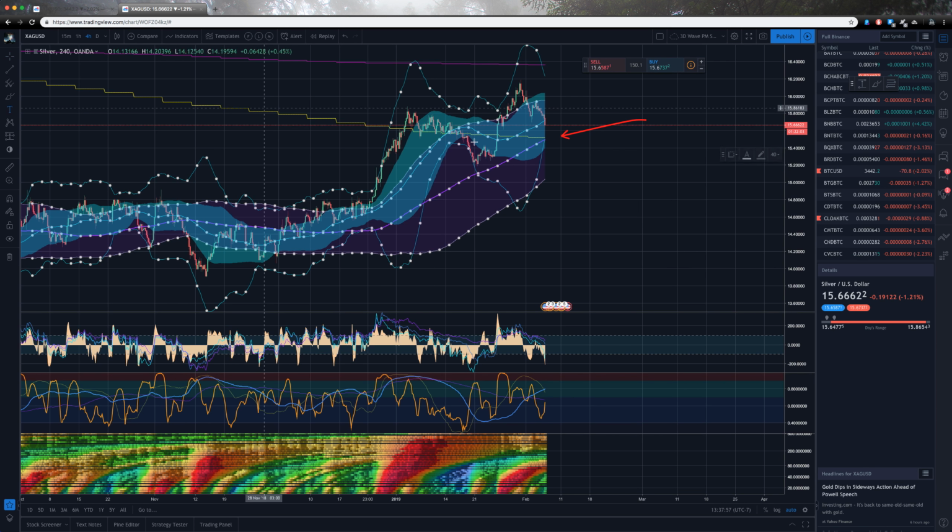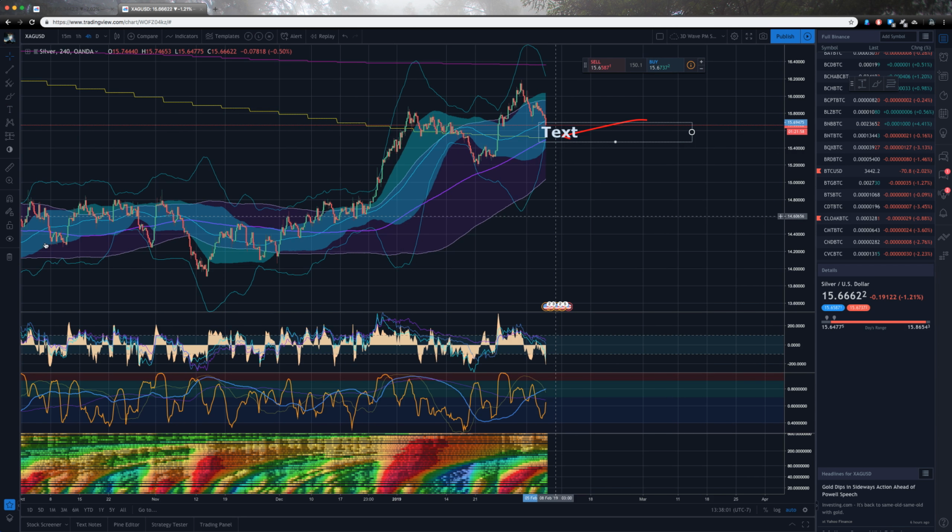Yeah, I think a test of the weekly 50 is very likely, and the defined range would totally allow for it. Right? Because we can trend down to at least the bottom edge of this band. I would not be surprised if we just came down and retested a confluence of the bottom edge of that band and the weekly 50. That'd be your best bet.